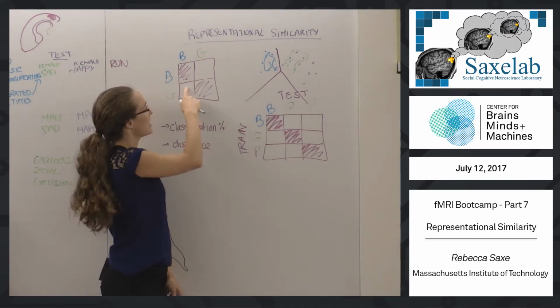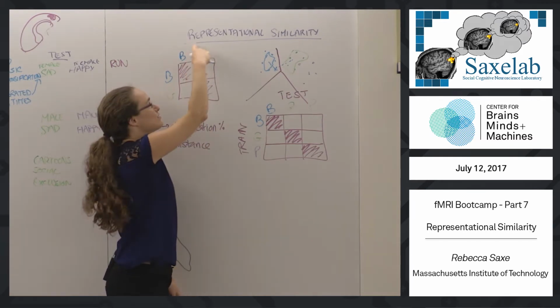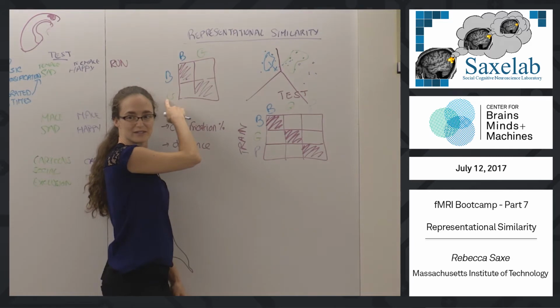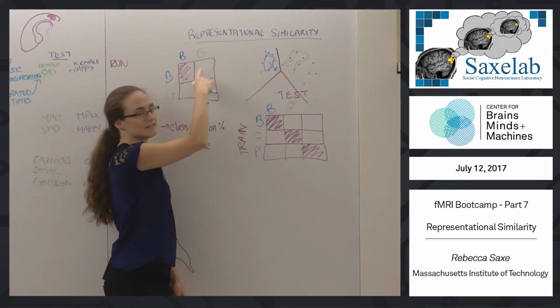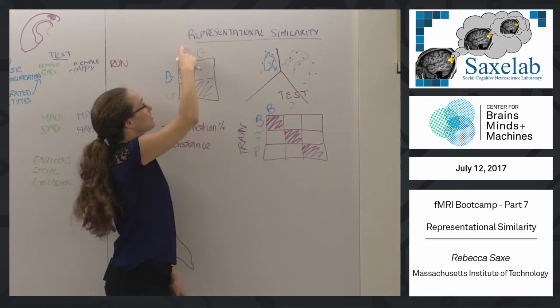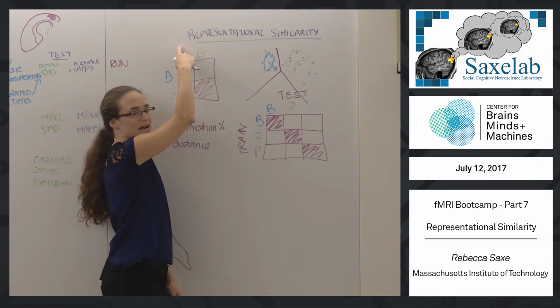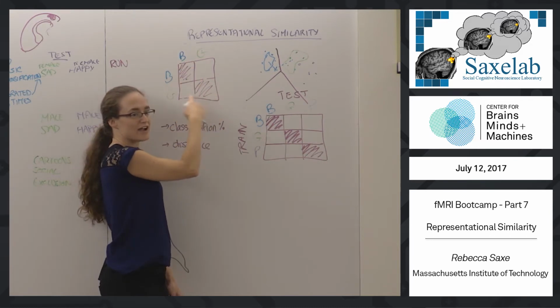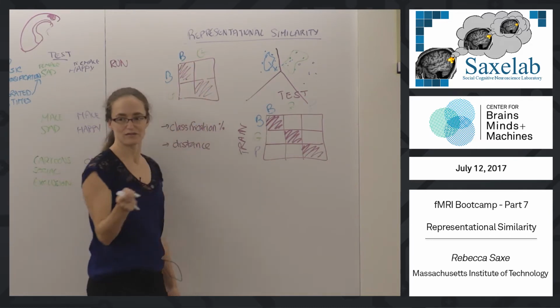Right? Okay. And so the diagonal is the new examples of the conditions being matched to their matching old example. The off diagonal, this one, is for each new example, how similar it is to the old example of the other condition. And when the diagonals are higher than the off diagonals, then you can classify